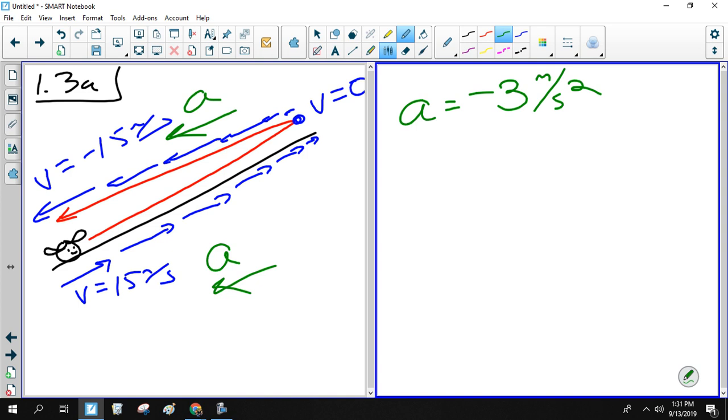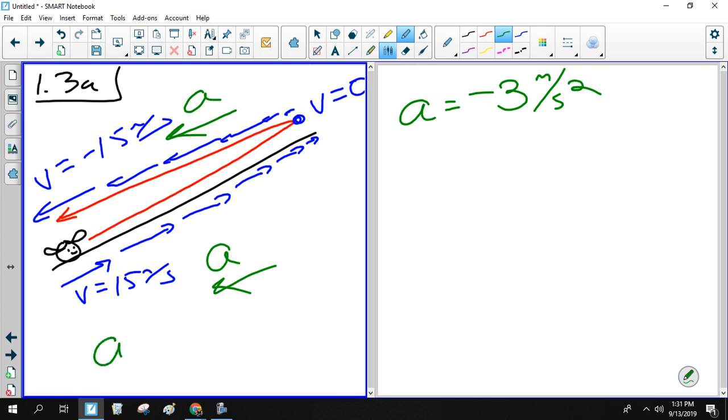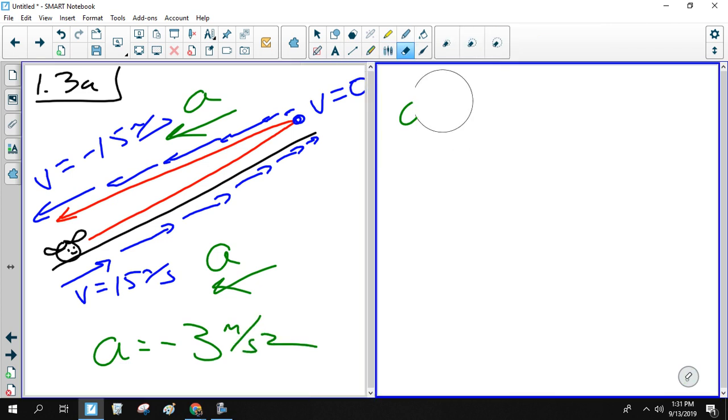So let me pause there for a minute. Does all of that make sense? Because I feel like once you get to this point, the rest of the problem is not that hard. Okay, but getting here is huge. So are there any questions before I go on? All right, so let's make a note here that we just found our acceleration. All right, now question A